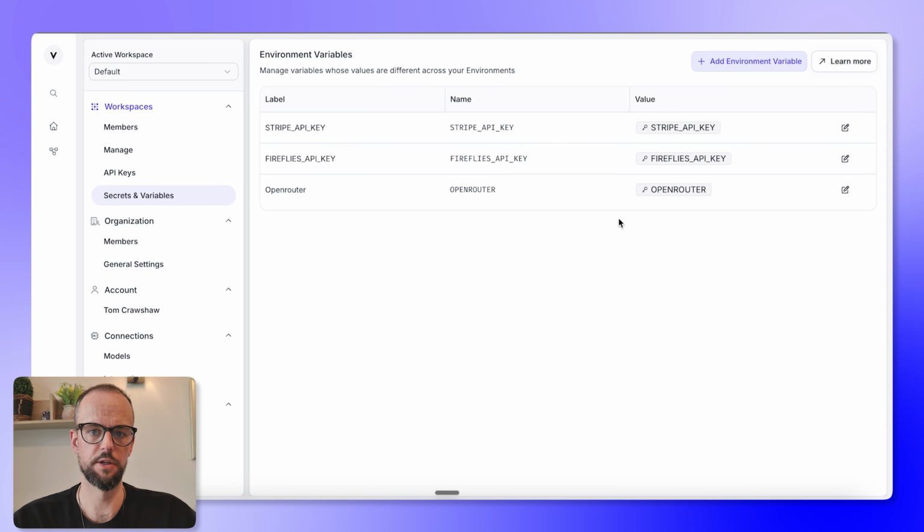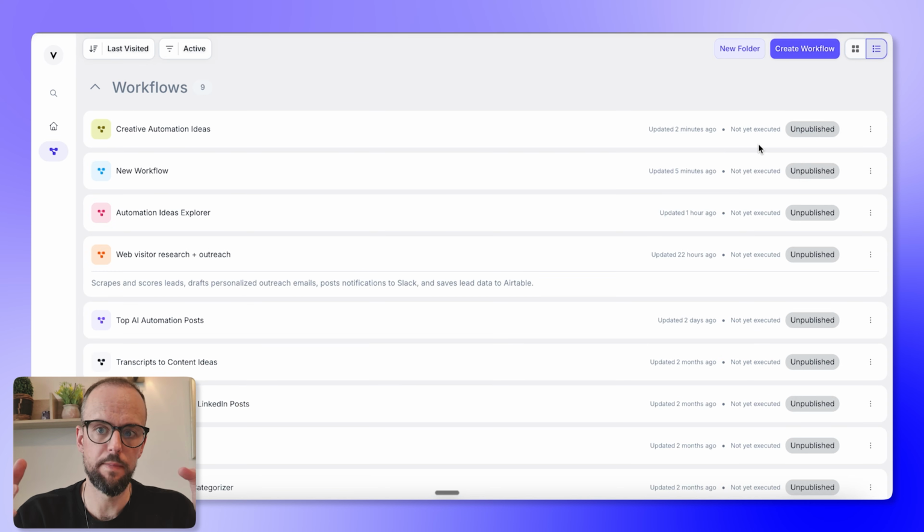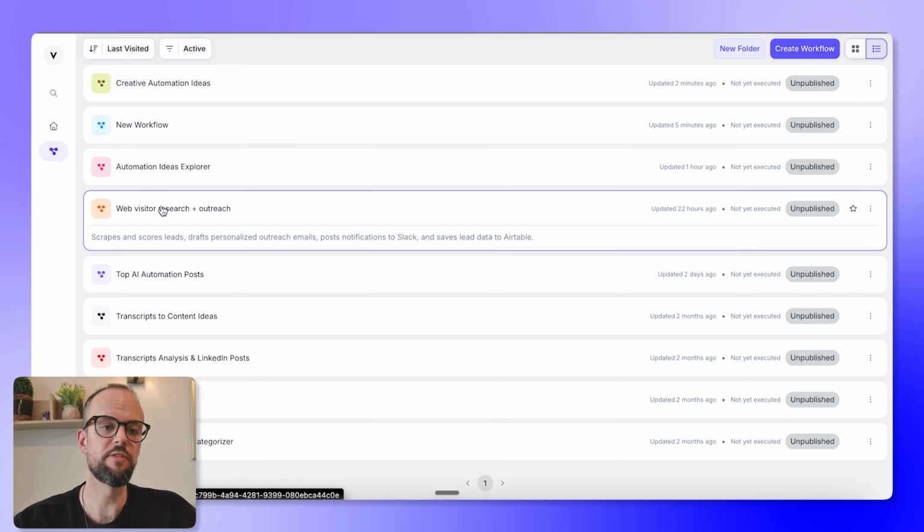We've got secrets and variables in here as well. You can see that I've added some of these from previous builds that I've done. One of the cool things about Vellum is they've got an SDK, right? So it's basically a way to integrate your workflow into your web app, right? You just hand off the SDK and integrate into your app, pop it into Lovable, and that's going to set up the back end of your SaaS or whatever tool that is that you want to build, and you want an AI agent backend. So let me show you what I've built previously, and I'll just show you how the